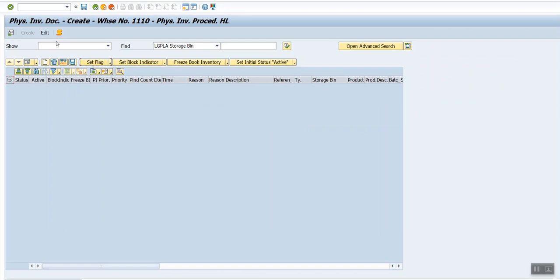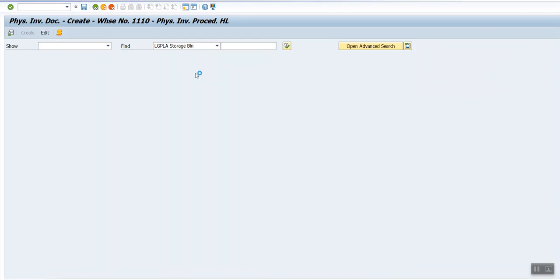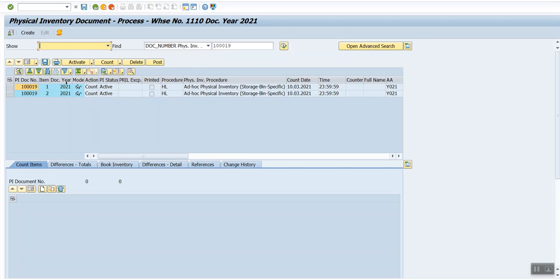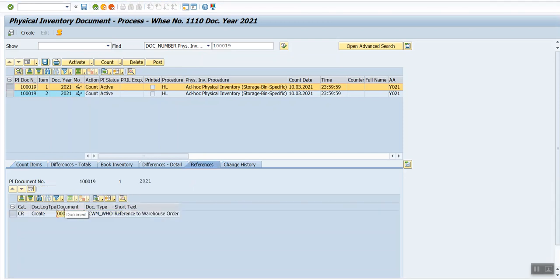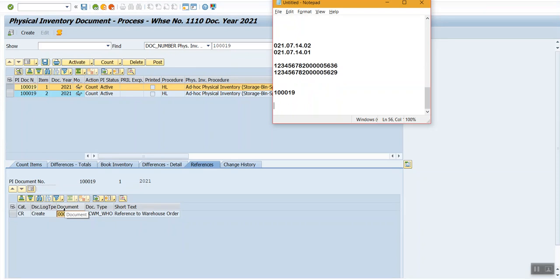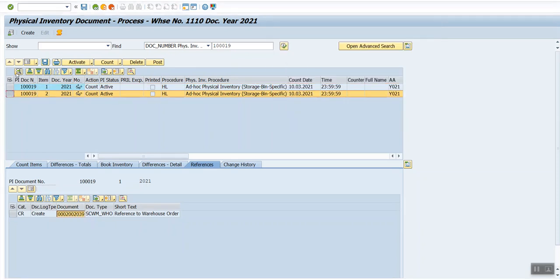Okay, now we will go to edit. If we go into the details, we will get the warehouse order number. For both the lines, we see the same.